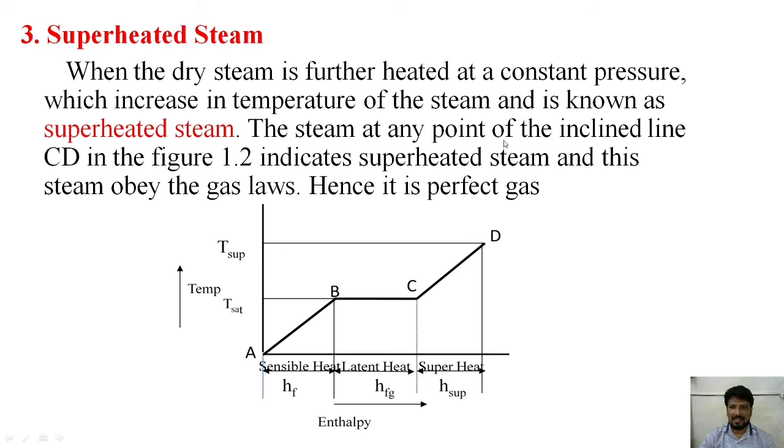The steam at any point of the inclined line CD, from C to D, indicates superheated steam, and this steam obeys the gas law. Hence it is a perfect gas. This superheated steam is a perfect gas, which obeys all the gas laws. So after that,